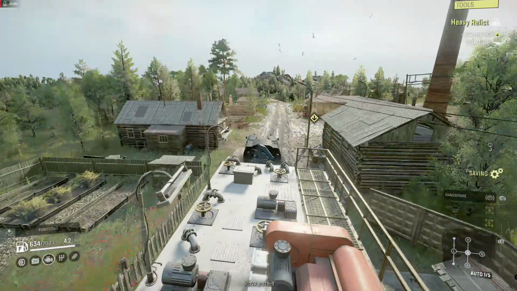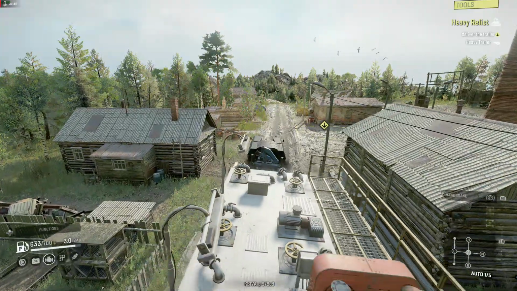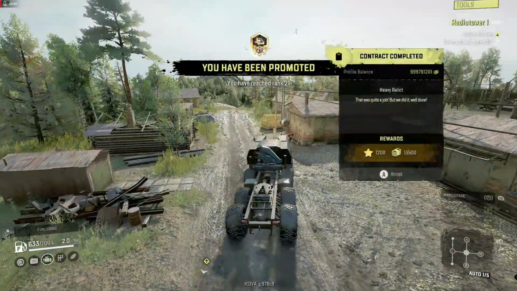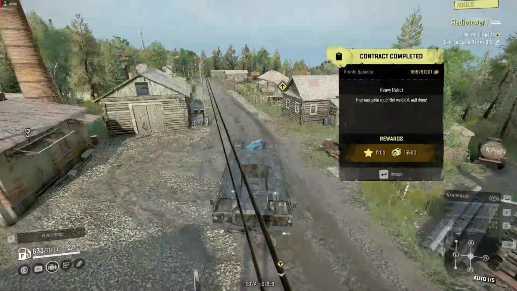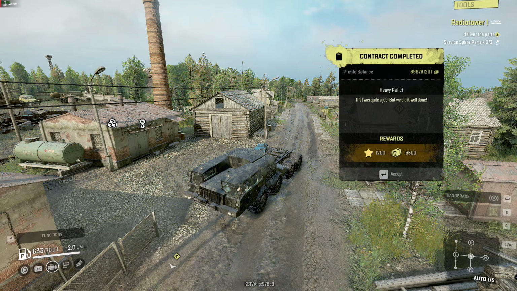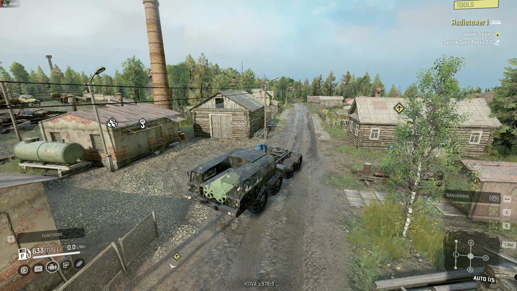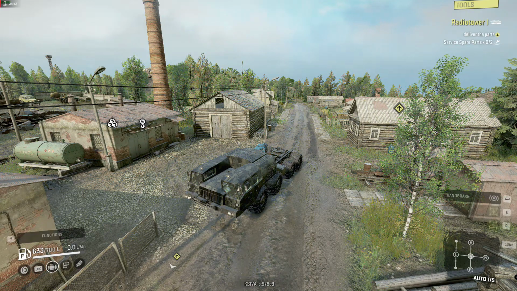This and that treasure thing, finding the armored car, will unlock the IS-2 salvage. Check that shit out. Level 21, heavy relic done. Except, shut off. Big old monster motor. And let's